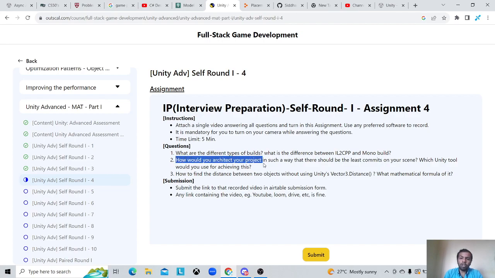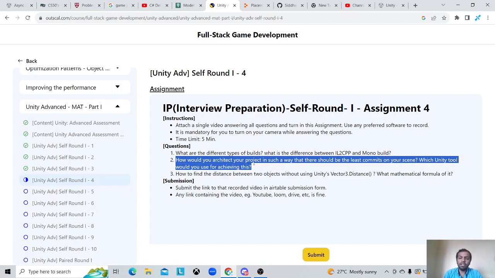The second question is, how would you architect your project in such a way that there should be the least commits on your scene? Which Unity tool would you use for achieving this? There is no particular architecture for every one of our projects. Each project has different requirements, so there will be a different architecture for every project according to the requirement. But in very short, to make minimum commits to a particular scene, what we can do is